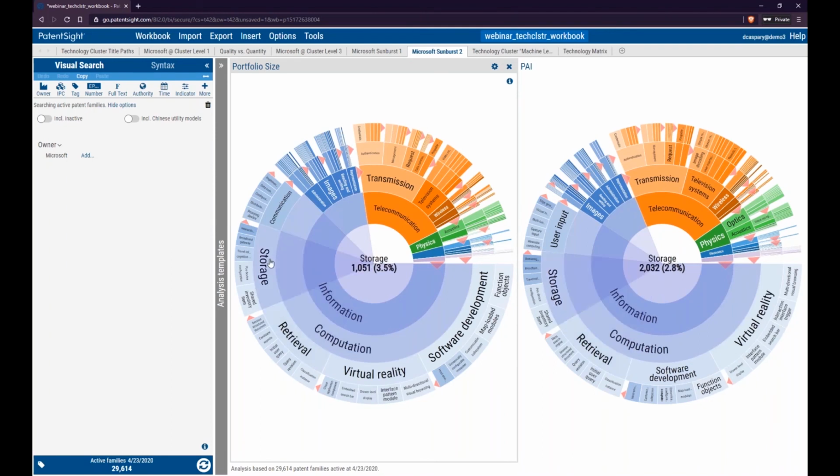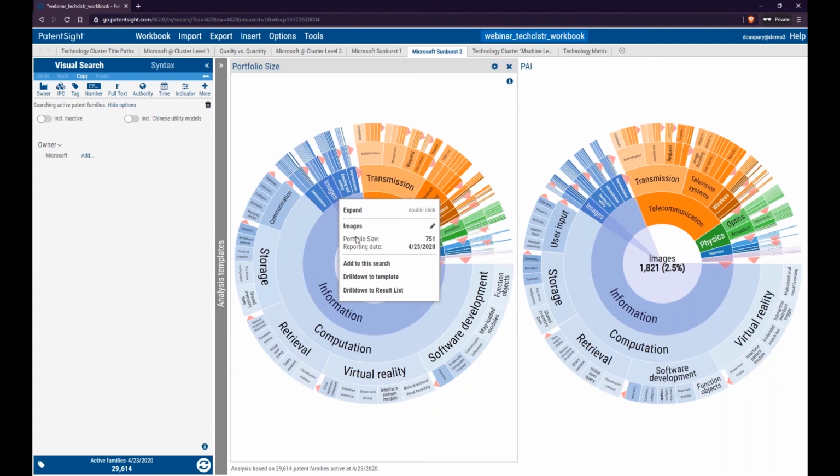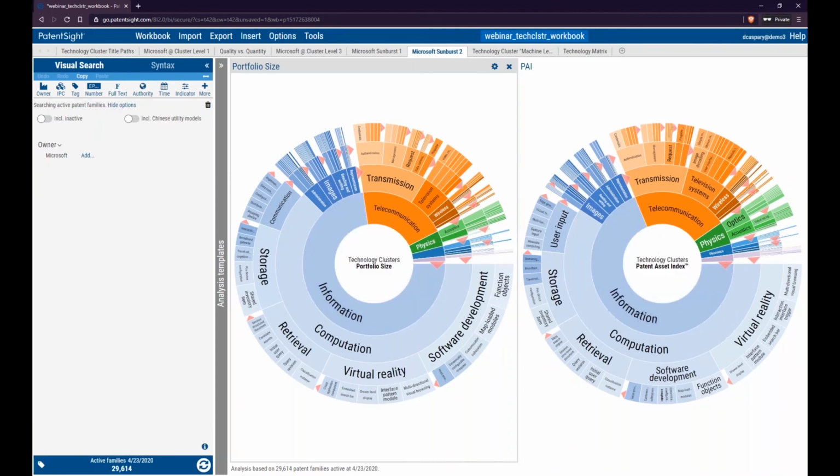So for example, here I have selected storage. And we see on the left-hand side the portfolio size and on the right-hand side the respective information for the patent asset index. So if I'm interested now in the images area and I really want to drill down, I can click on it. And as I just said, you can add it to search. This is one way of adding it to your query, or you just click on it, keep the mouse button down, you pull it over, you drop it into the query, and you can add the technology cluster to your search, and you update